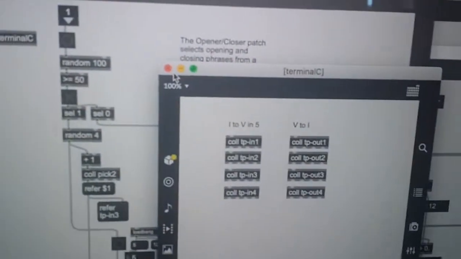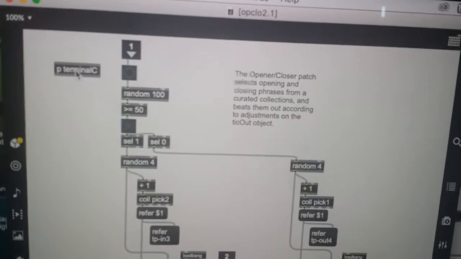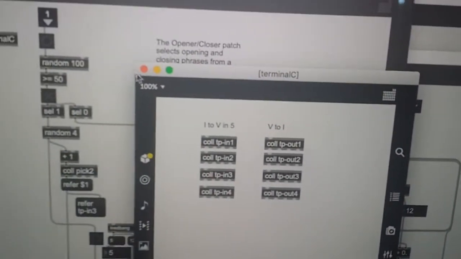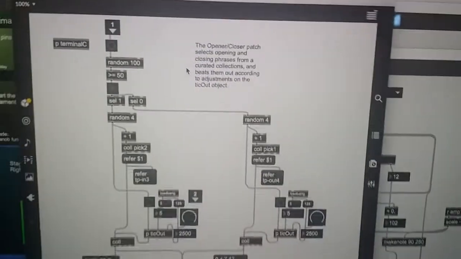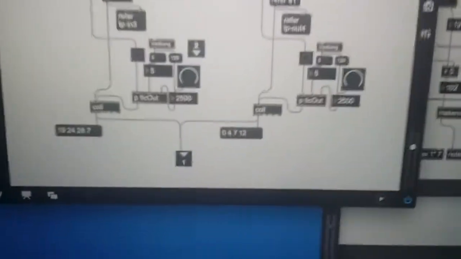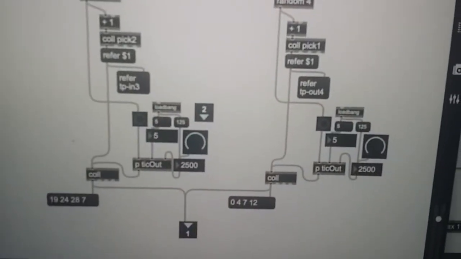These chord progressions are selected, let me see that again. I have 1 to 5s, 5 to 1s, so it's very basic phrasing, and then it bangs out the chord progressions